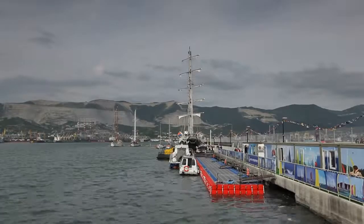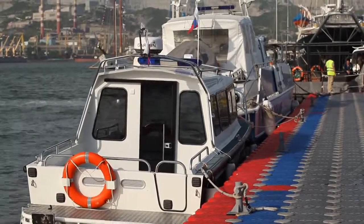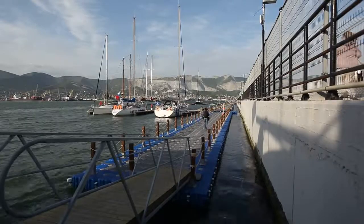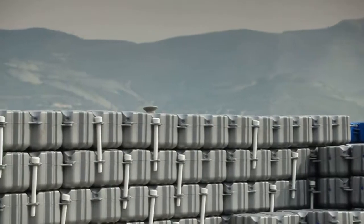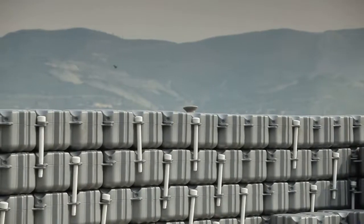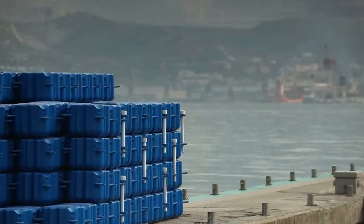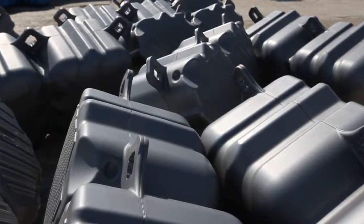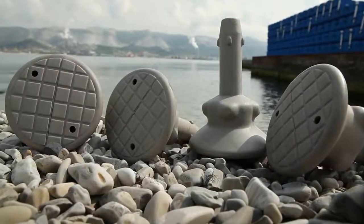Magic Float brilliantly solved this task, providing the required safety and comfort for the participants in the regatta and the celebration's guests. Another drawback with the Tsemes Bay is its frequent northern wind, which, dropping down through the mountains, often causes major storms. The modular pontoons, comprising small sections that are interlinked, have sufficient flexibility to avoid breaking up, even in very